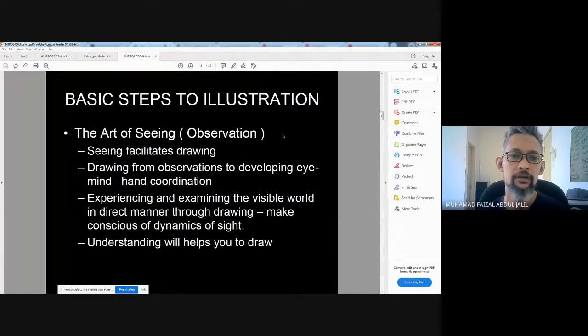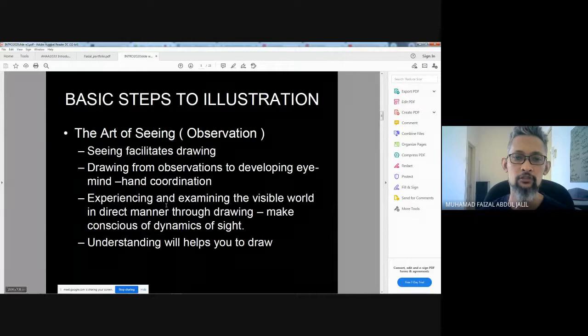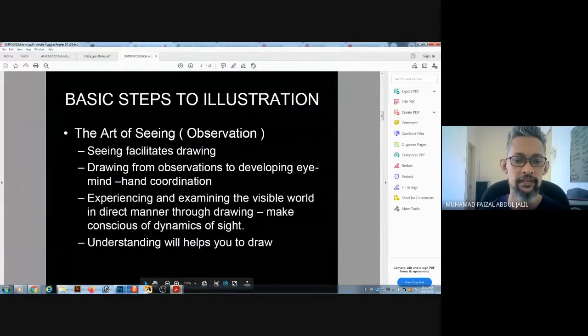Remember, guys, the basic step of illustration is all about the art of seeing, observation, learning to see things. Hopefully most of you don't have any eyesight problems, to see things and facilitate those drawings. Without seeing things in the right way, you won't be able to draw. At the same time, we want to develop our imagination to memorize visual information when we draw. So when we need to memorize those visuals, you need to learn about